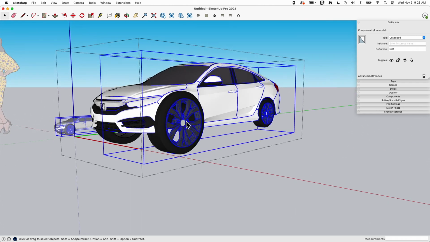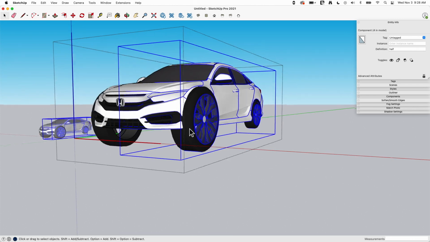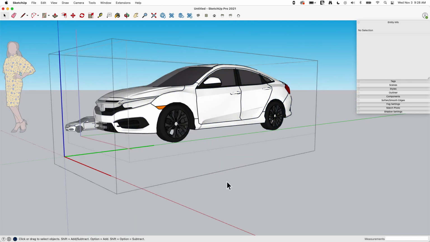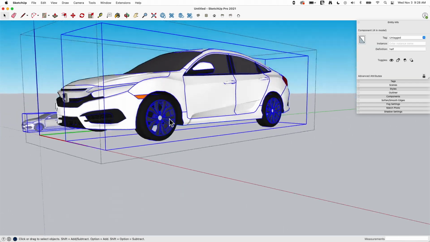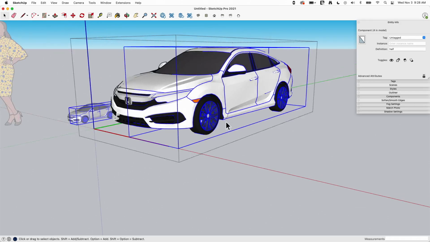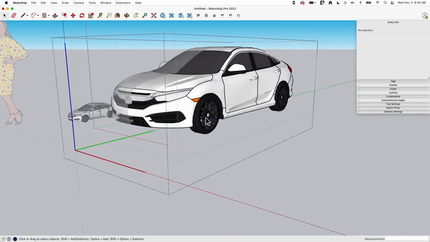Well, hey, it is a bigger tire, so it's probably more expensive, so you could consider it an upgrade. All right, I'm going to Command Z to get that back smaller. So what would happen if I wanted all 4 tires to change? Well, what I would do in that case is double click to enter this half of the car,